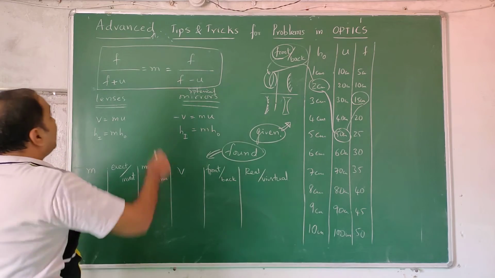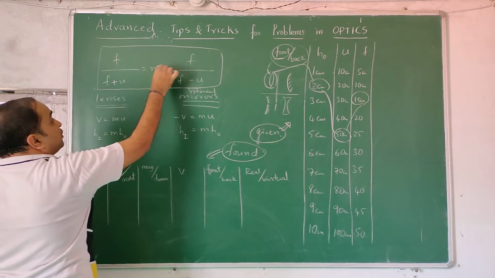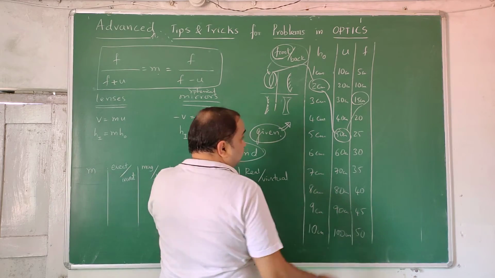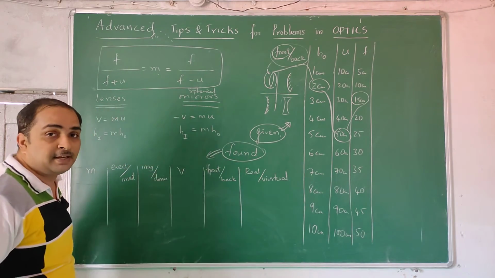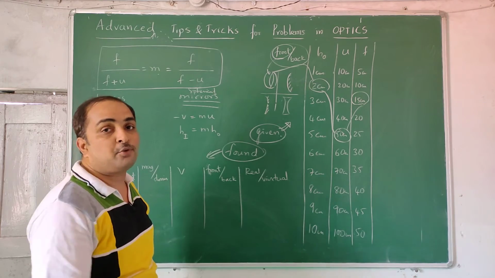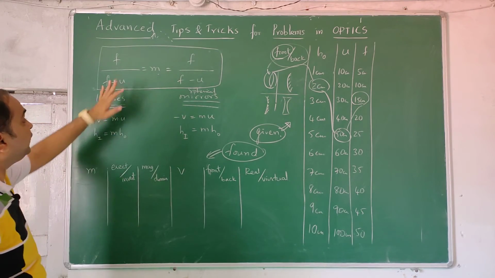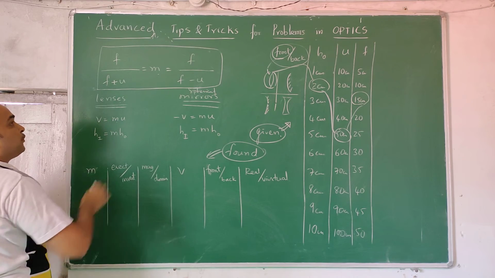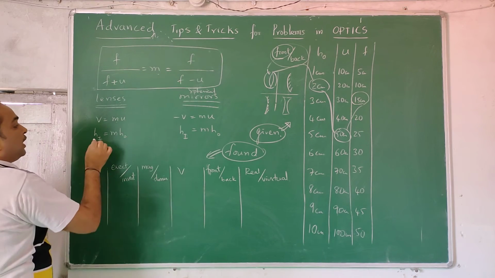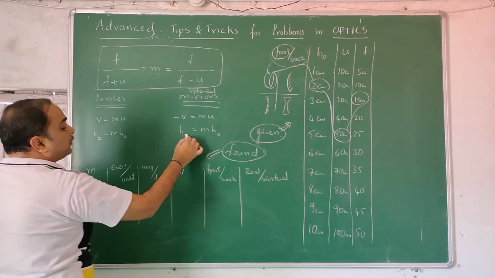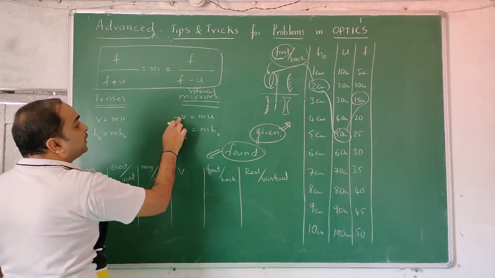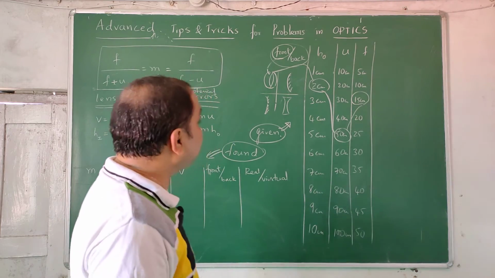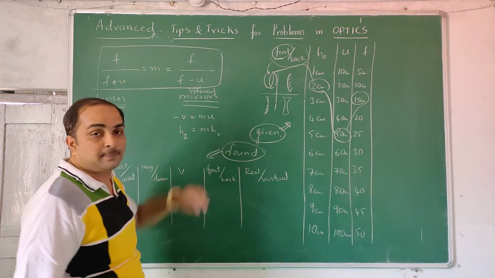Now m is equal to f by f plus u for lenses, and m is equal to f by f minus u for mirrors. I told you to avoid zeros and infinities. That you should just see and tell: object at infinity, image at focus; object at focus, image at infinity. Everything else is confined. For lenses, v is equal to m times u. Magnification, you use this formula. Height of the image is m times height of the object. It's the same; only here a minus will come. That minus you have to compulsorily take, then only you will get proper answers for spherical mirrors.